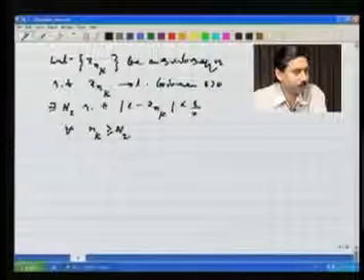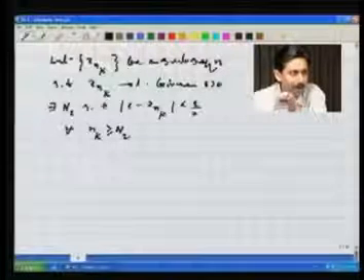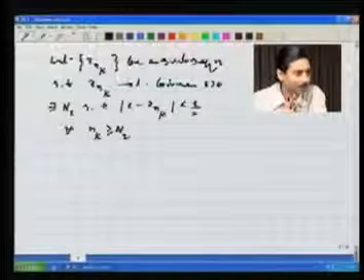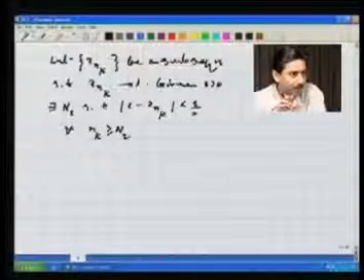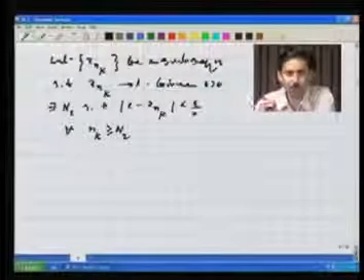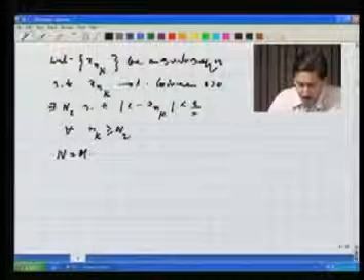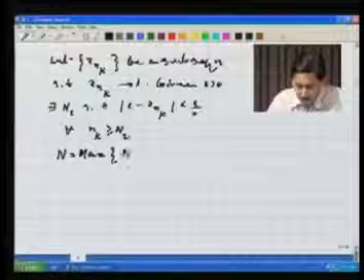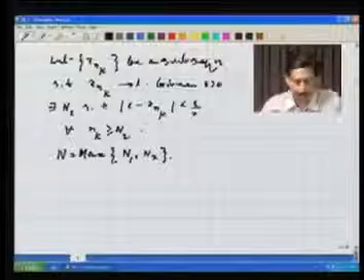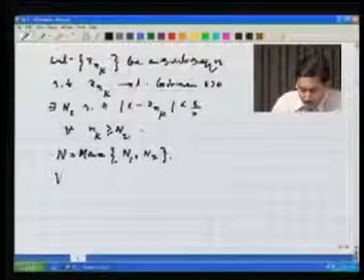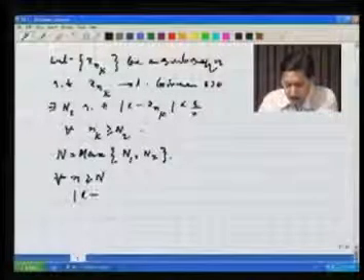Now I have to show that the full sequence converges. That means I have to get a stage after which the distance between L and any nth term of the sequence is less than epsilon. What should that be? I have Cauchiness in my hand, right? Each individual term is also small after a certain stage. That is what I am going to exploit now. I define capital N to be equal to the maximum of n1 and n2. And then I look at, for all n bigger than or equal to capital N, modulus of L minus xn.